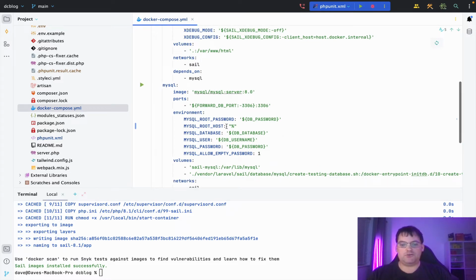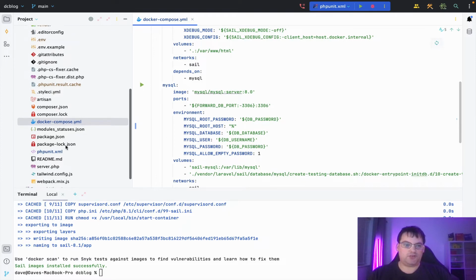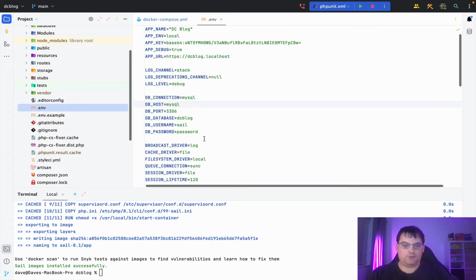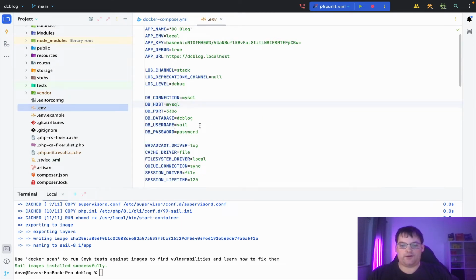So the actual database credentials, it reads from your environment file. So when you first install this, it actually updates your environment credentials. If we look inside the environment file now, because I was using Valet previously, it was using root as the username, but it's now changed it to sail. It's also changed the database to dc_blog, which is the name of my project, and it's changed the host